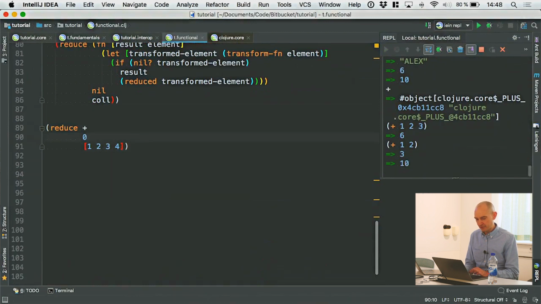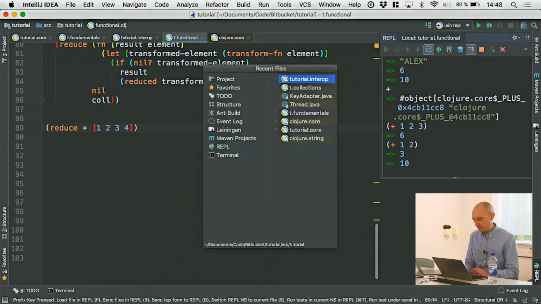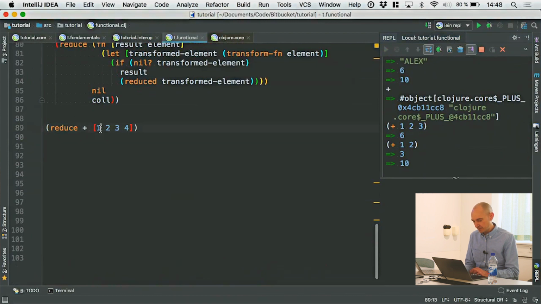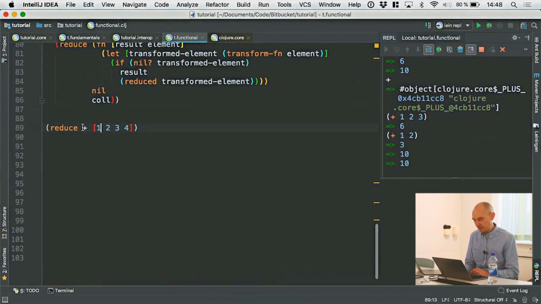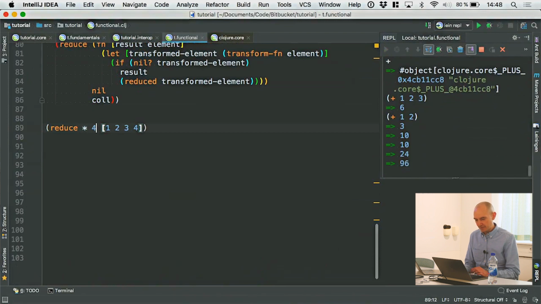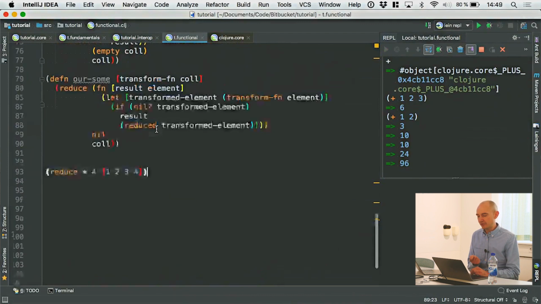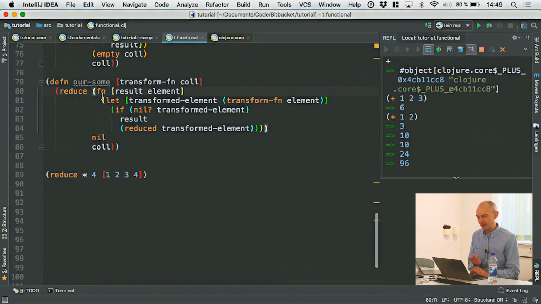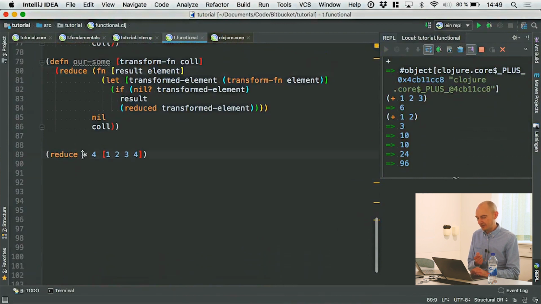So reduce plus actually sums something. And you don't even need the initialization argument for this. You can just do this to sum a list, right? And conversely, you can do like, I want to multiply them together. Or I want to have a starting point, right? So it gets a lot shorter if you start to inline the functions instead of always wrapping something into a local anonymous function. You can just inline the function itself here and save a lot of